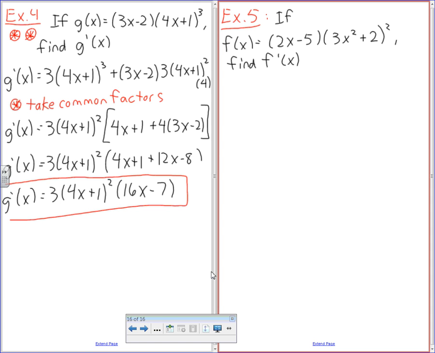Okay, let's get someone to be brave here. I heard somebody say quad formula. Don't quad formula this, please. Can somebody take the derivative of 2x minus 5, please? Katie, derivative of 2x minus 5 is? Good. So we'll say f prime of x